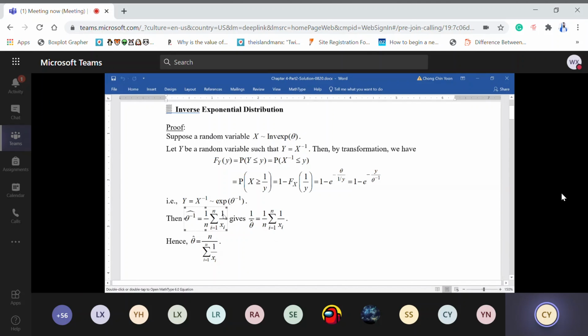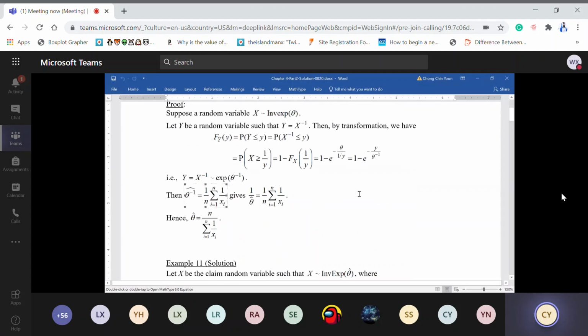Now look at here, class. I take the summation of 1 over observation. Why is it 1 over x? Because my observation actually is x inverse. That's 1 over x. Okay, so whatever this x is here, the pattern, you just copy only. If this is x to the power 3, then this will be x to the power 3. If this is sine x, here will be summation of sine x. You just follow the pattern from the random variable x. Okay, definitely this must be divided by n, because the